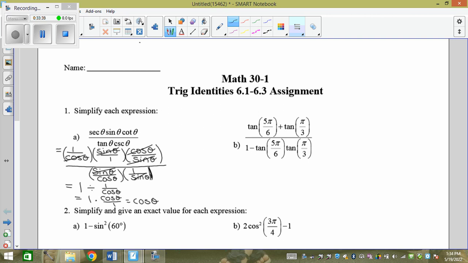This one we have tan 5 pi over 6 plus tan pi over 3, over 1 minus tan 5 pi over 6, tan pi over 3. Wow, I've seen that formula somewhere. Oh, it's the tan A plus B formula, isn't it? So you spot it because these are the same. So it's going to be tan A, which is 5 pi over 6, plus B, which is pi over 3, which gets me tan 5 pi over 6, plus, and times this by 2, times this by 2, 2 pi over 6, which equals tan 7 pi over 6,